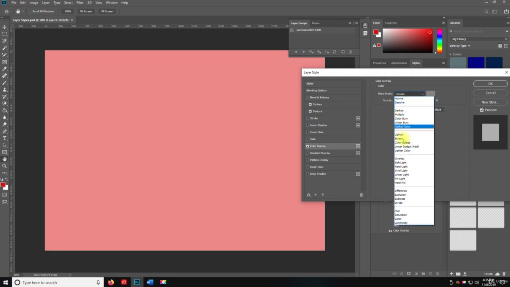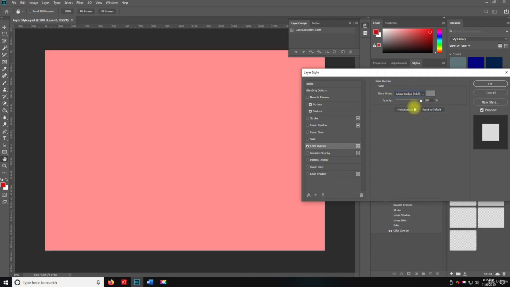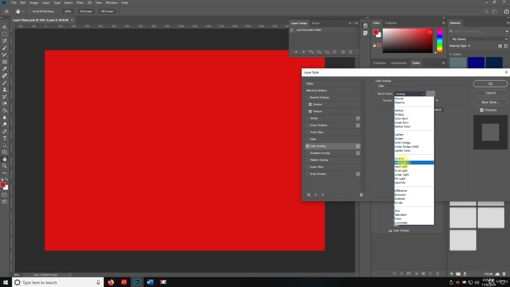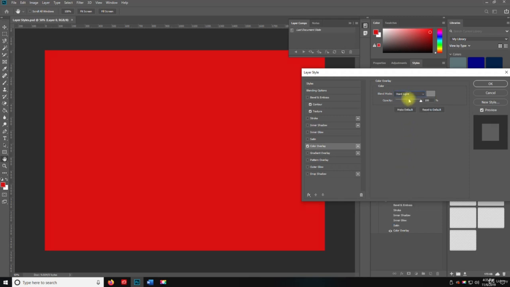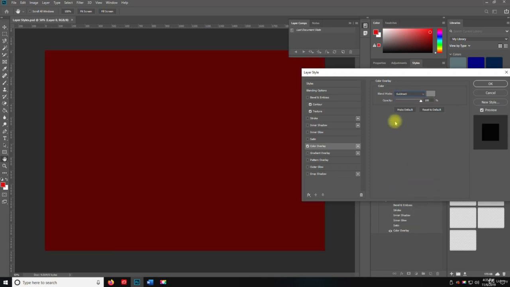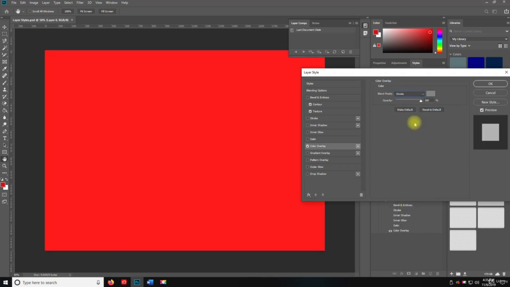screen, color dodge, linear dodge, lighter color, overlay, soft light, hard light, vivid light, linear light, pin light, hard mix, difference, it's kind of cool, exclusion, which is the color we have, subtract, divide,